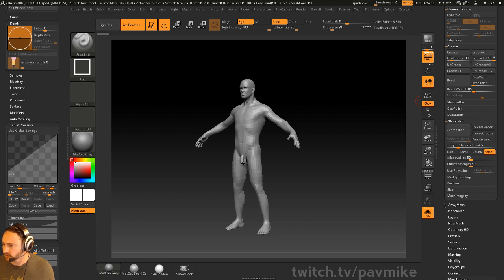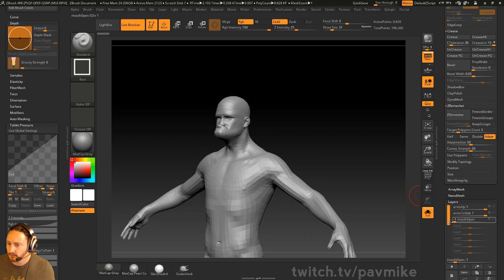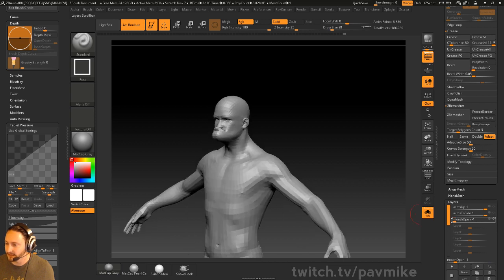So if we go to our layers on here, yeah, he does a mouth open slider. You can, of course, overcrank these things. He probably didn't have this one, but that's a nice Popeye look. So we can do mouth open and mouth closed. It just gives you a little bit more leeway